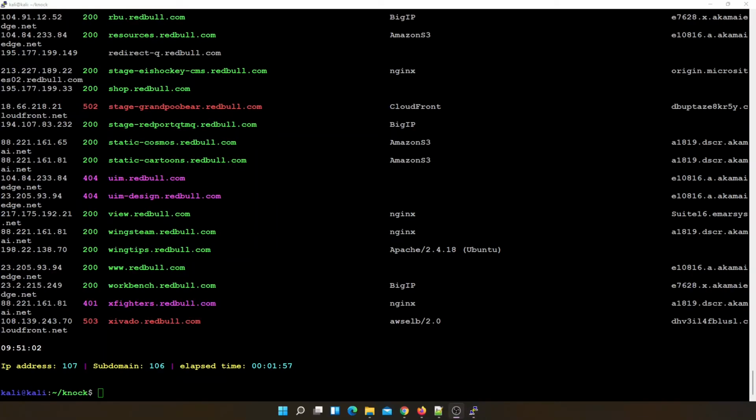Great. Now after adding the VirusTotal API key here, what we got is a total of 107 IP addresses and 106 subdomains. This is the power of adding API keys. This is a free API key with rate limiting and limitations. If you are using the paid version, you might get better results and better visibility into your